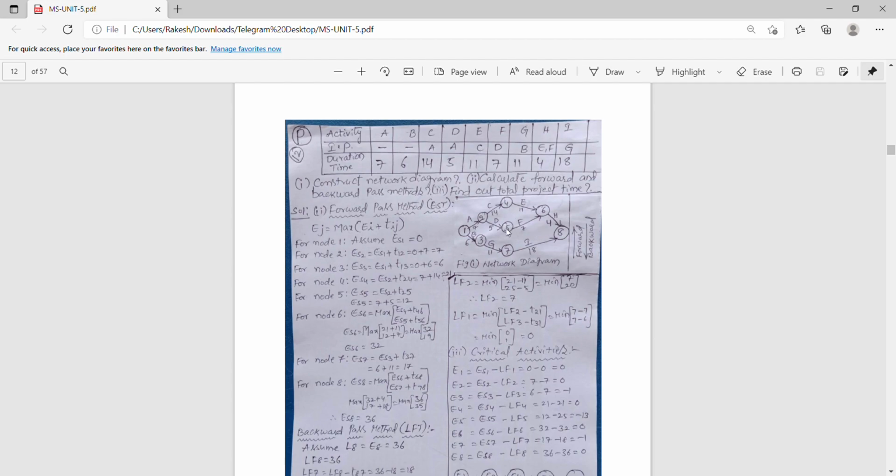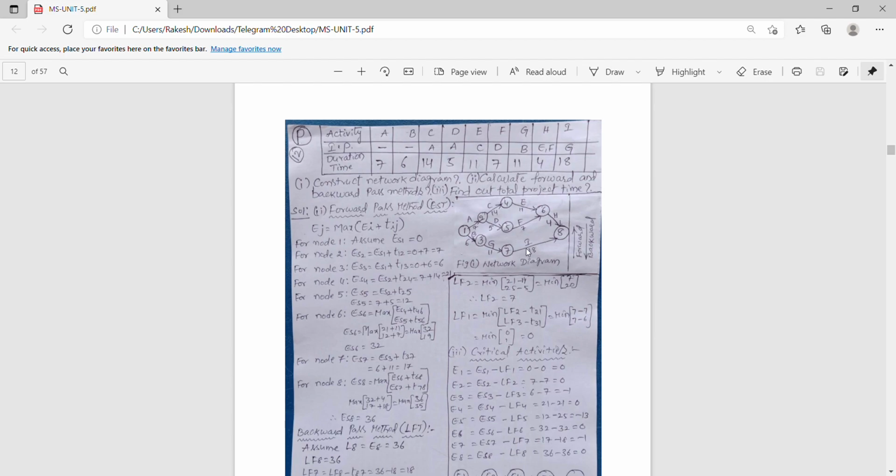Next, G is coming from B. Here, draw G coming from B. Next, H is coming from E and F. Here, we have drawn them on two nodes: E is coming from C and F is coming from D. That is the reason I said to draw it roughly. So H is coming from both of these, meaning E and F are connected to a single node.